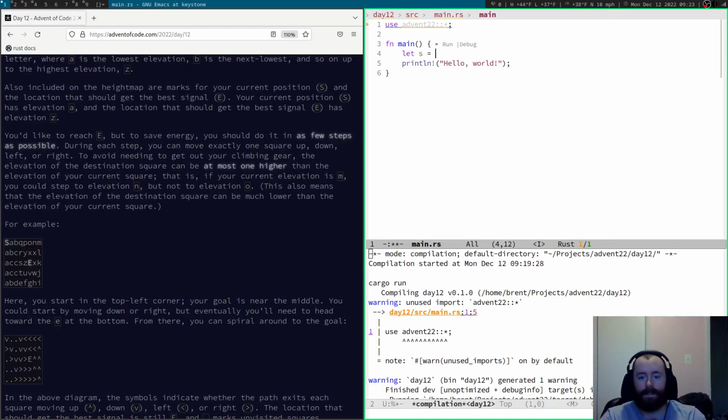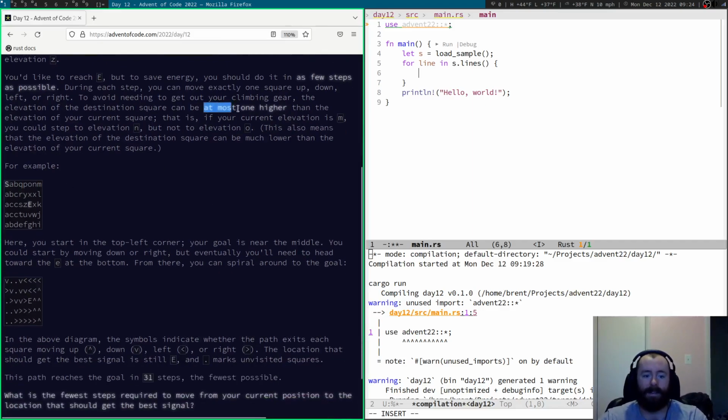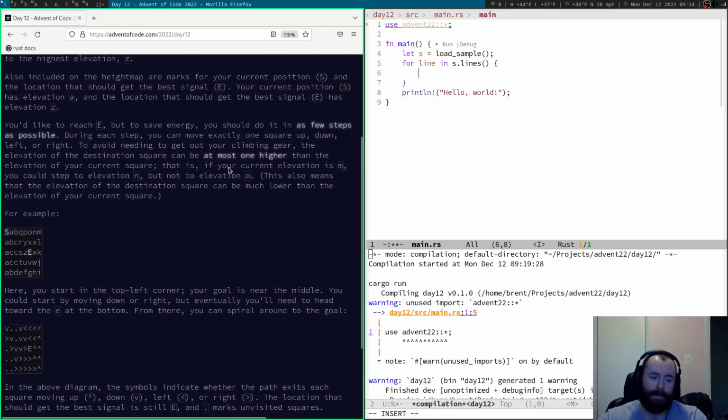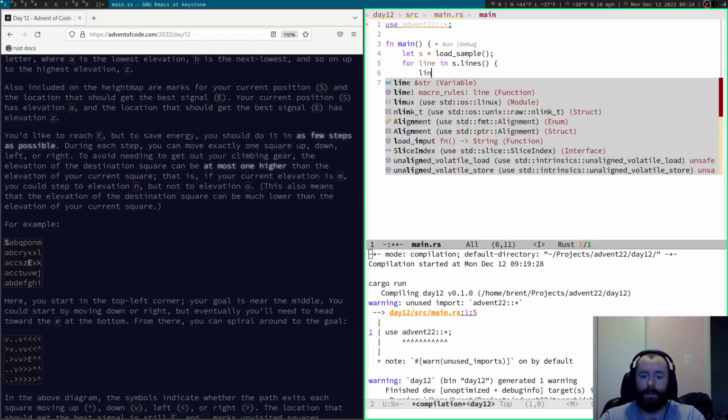So we'll do our classic load sample for line in s.lines. What are we going to do with the line? Basically, we're going to break it into characters. We're going to convert those characters into numbers because each of these is an elevation, actually. I did think about leaving them as characters, which would be fine for comparisons, but we need to do the kind of comparison where we check if it's at most one higher, not just less than, greater than. If it were just relative comparisons, it would be fine to leave them as characters, but I think we'll actually want these numbers to be numbers. Okay. For line in s.lines, we're going to have to know the starting position, but we'll figure that out in a second. For now, let's do line.chars